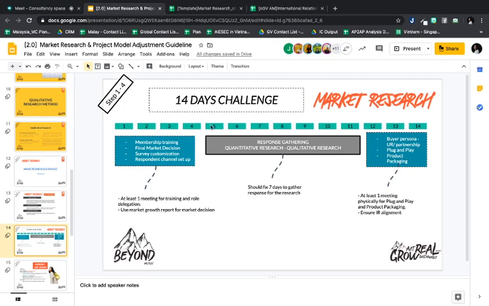Normally in this stage, you should set clear targets for the members: how many responses they should collect from which faculty and so on. So the members are really clear about what they should strive for in these 7 days. And then after that you should have at least 1 meeting to work on buyer persona, partnership, plug and play, and also product packaging. This is a really important meeting.